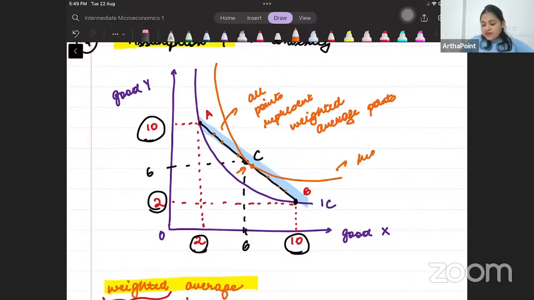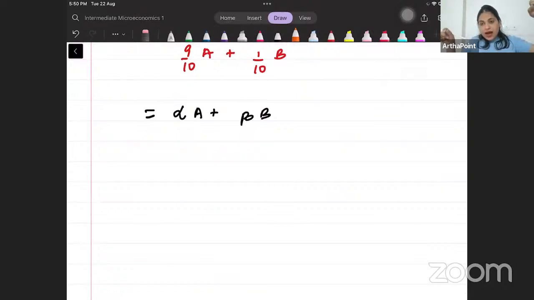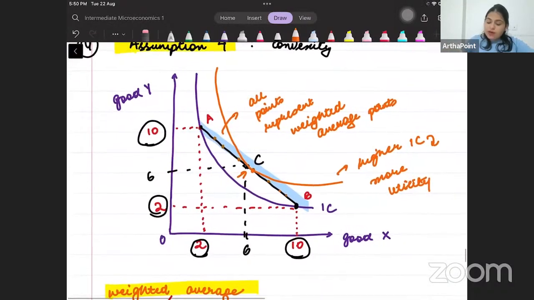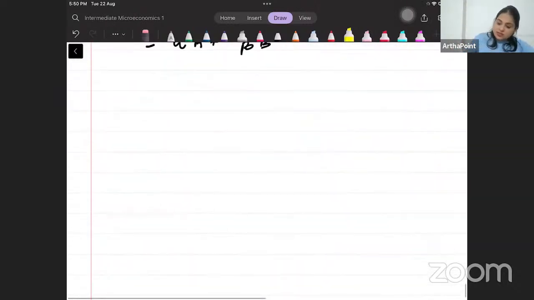दिस इज अ हायर इंडिफरेंस कर्व ना। So higher indifference curve represents more satisfaction, more utility. So what are we trying to do? क्या किया हमने? हमने दो बंडल्स लिए, हमने इन दोनों बंडल्स के बीच से एक लाइन ड्रॉ की। हमने बोला इस लाइन पे जो भी बंडल लाई करेगा वो हायर इंडिफरेंस कर्व पे होगा, मतलब वो ज्यादा यूटिलिटी देगा। इस चीज को कॉन्वेक्सिटी बोलते हैं। दिस इज कॉल्ड कॉन्वेक्सिटी। लेट अस ट्राई टू राइट दिस डाउन। सो प्लीज राइट इट विद मी।